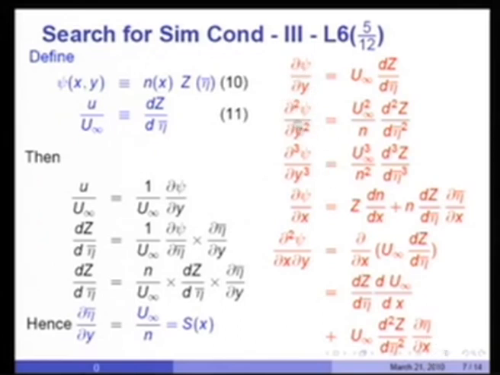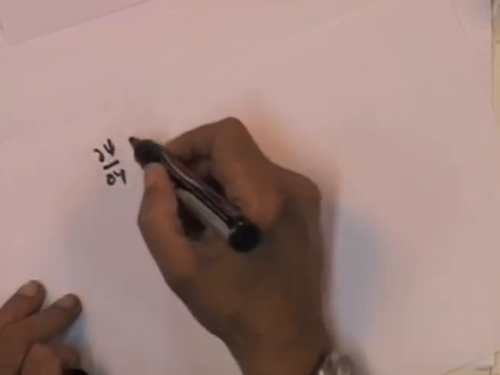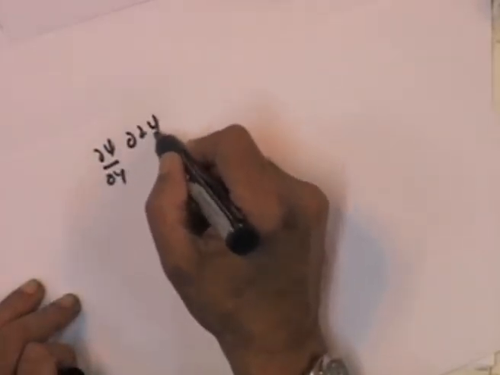So if I introduce all these quantities in the last equation on the previous slide, I get, repeating the equation,